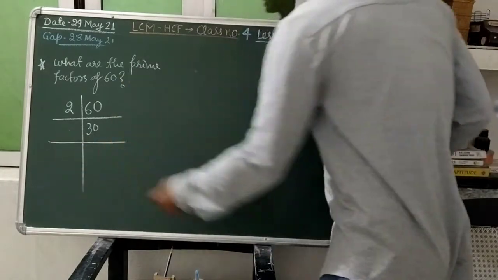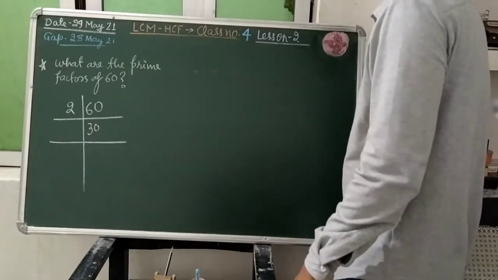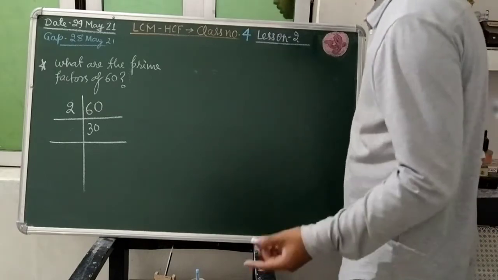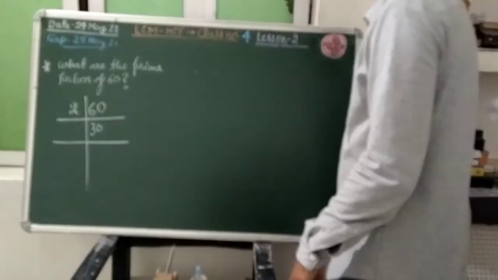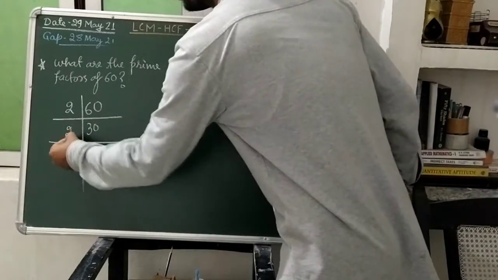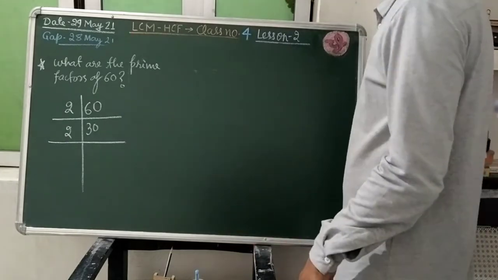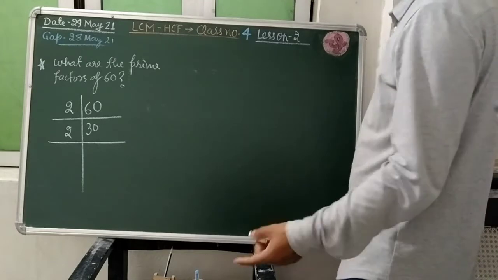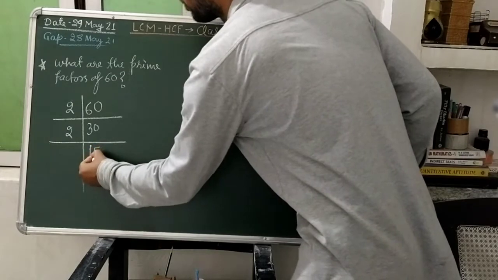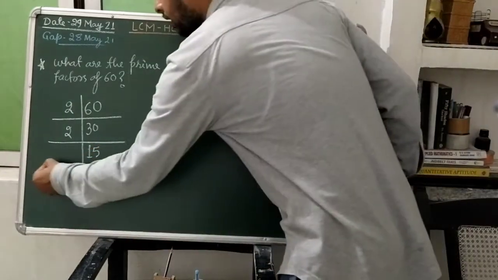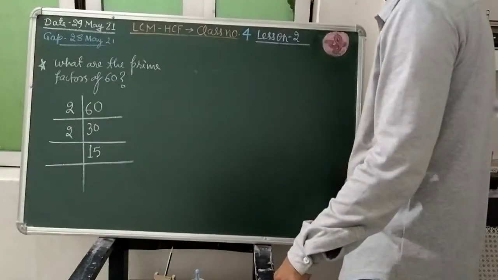We shall move to the next horizontal line and select the next prime factor. So we shall start from 2, 1 we will not select. Is 2 going to divide this 30, students? Yes, 2 will divide it. So we will select the 2, and how many times will 2 go into this 30? You know that when you divide 30 by 2, you get what, students? 15. So once again you are getting a composite number. 15 is a composite number.